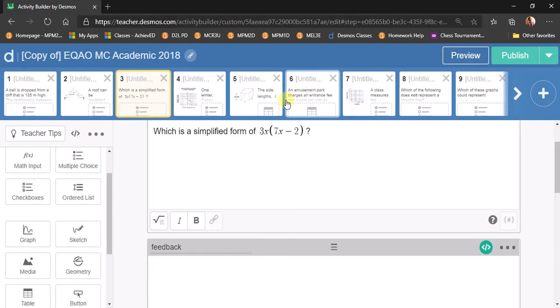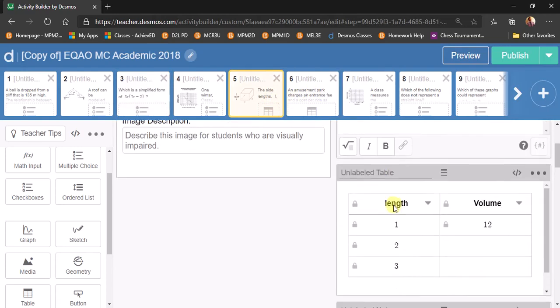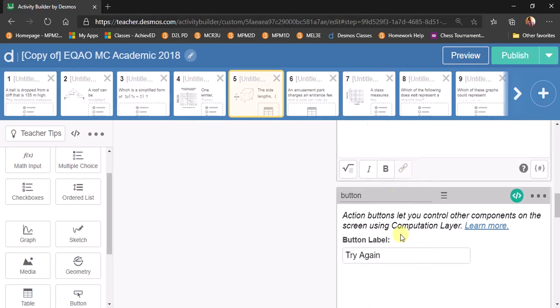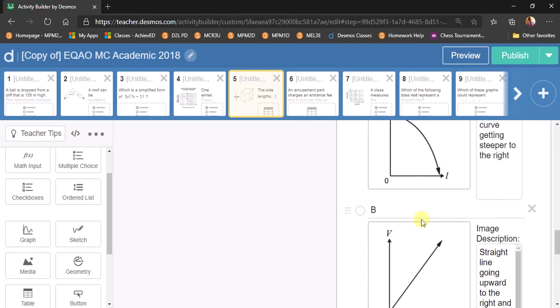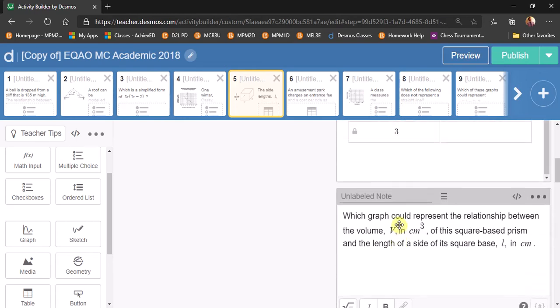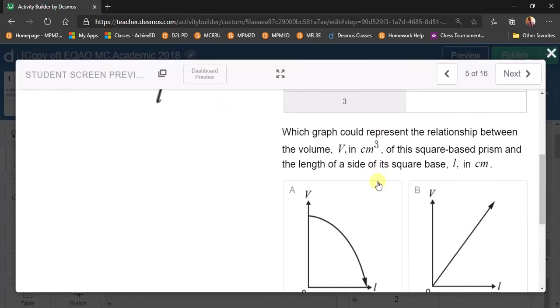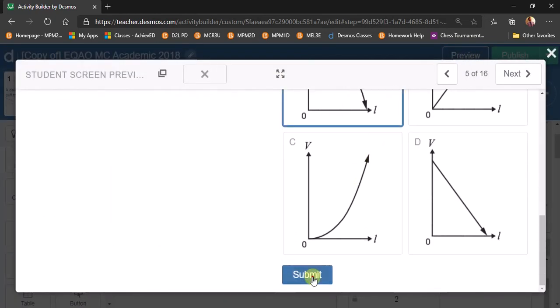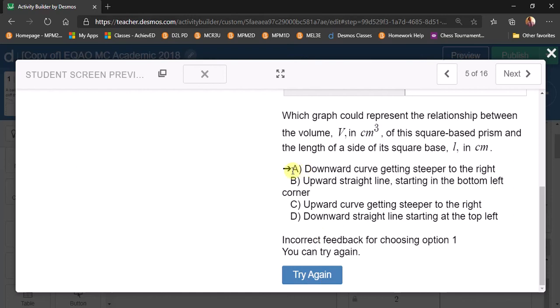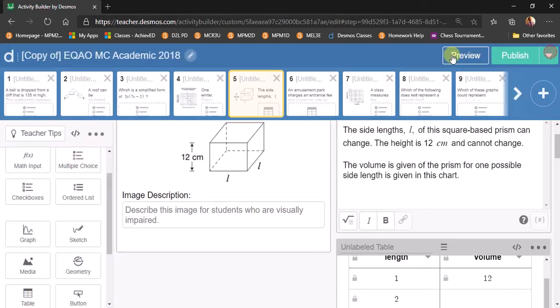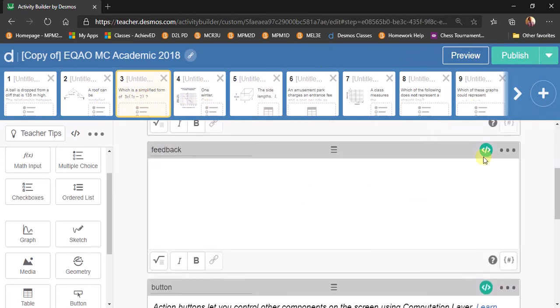Now there are some questions that involve graphs or images as the options. So for example, these ones have images. So what I did was I added a description in place of it. So if I made a choice, instead of grabbing the content from my multiple choice options, which would show blank because they're images, I manually had to make a description. So in that case, in the code layer for feedback,